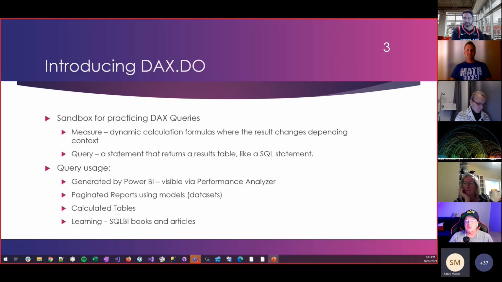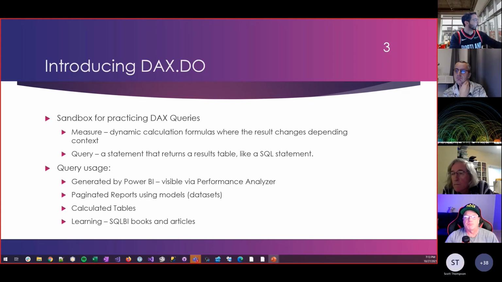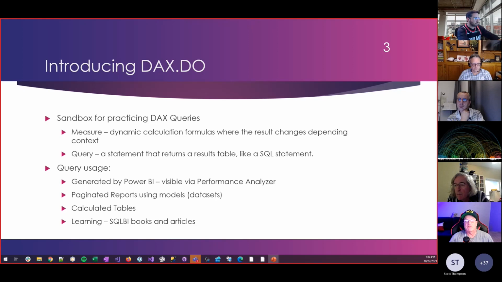Well, DAX.do is a sandbox for practicing DAX queries. And the reason I read that is the keyword in that sentence is the word queries. Most of the time when we think about DAX, we think about measures, right? And the tools are generating the queries for us, like Power BI generates queries. But the more you know how to write those queries or read those queries, the better off you're going to be able to handle things like debugging performance,